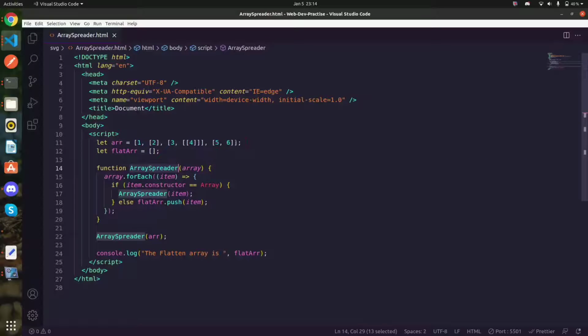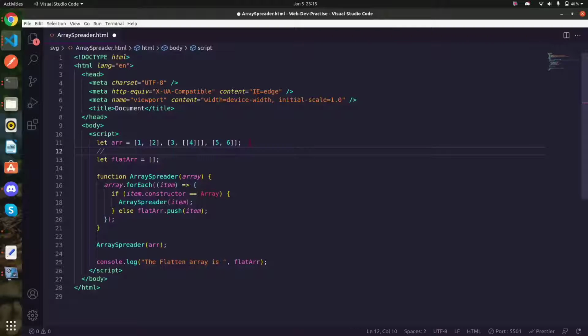For example, I have taken this array, in which we have, starting from 1, multiple sub arrays. You can see here we have sub arrays, here also. We have to flatten it and we should get output somewhat like this: 1 2 3 4 5 and 6.